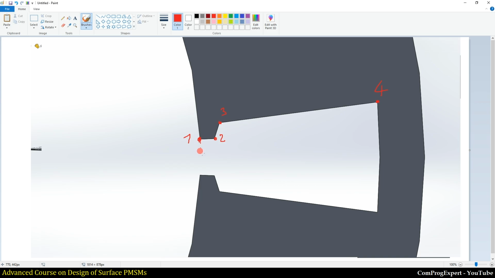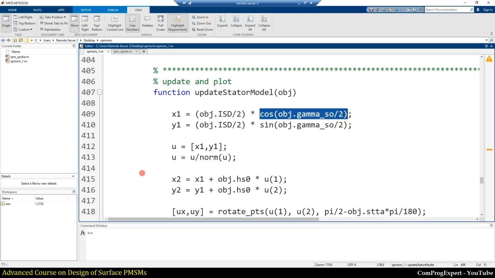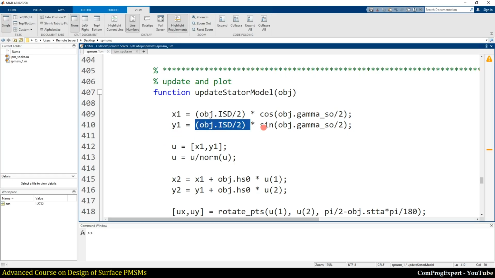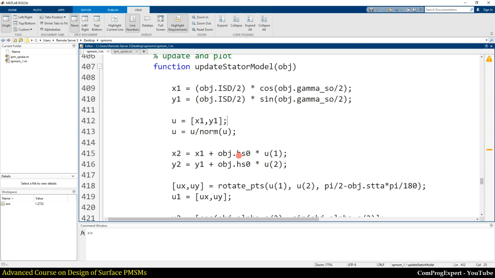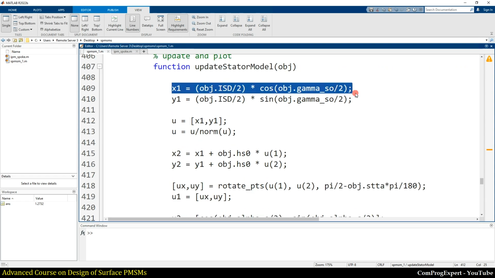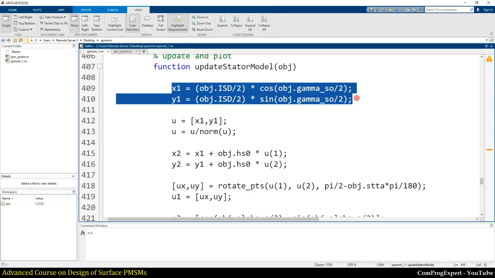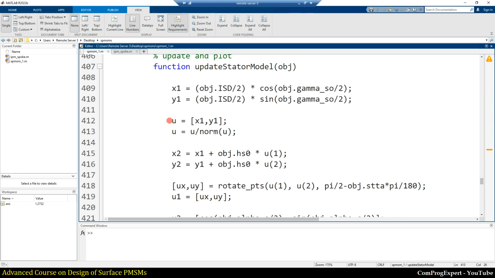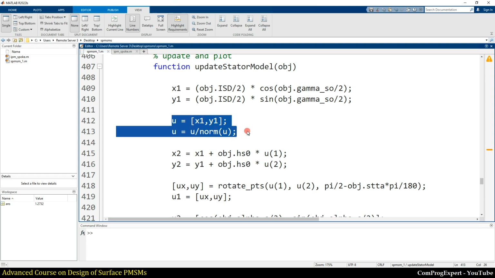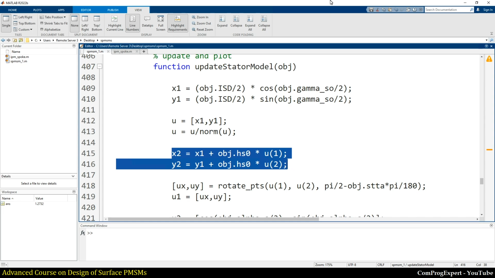So actually this x and the y coordinate is the ISD divided by 2 times sine of gamma slot opening divided by 2. So when we calculate x and y coordinates of the first point, we can construct this unit vector to calculate x and y coordinates of the second point.